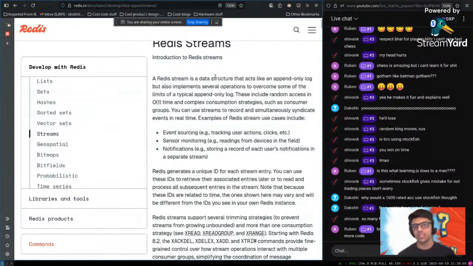A Redis stream is a data structure that acts like an append-only log, but also implements several operations to overcome, yeah, to overcome some of the